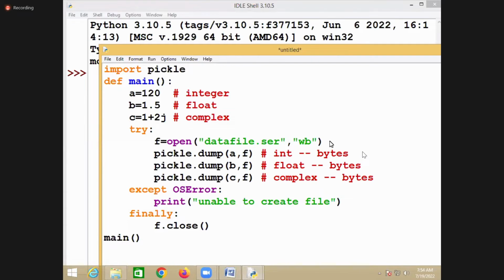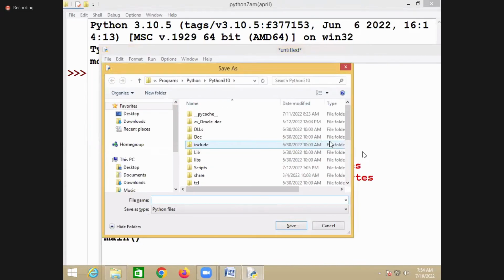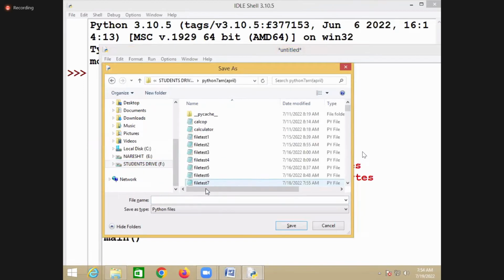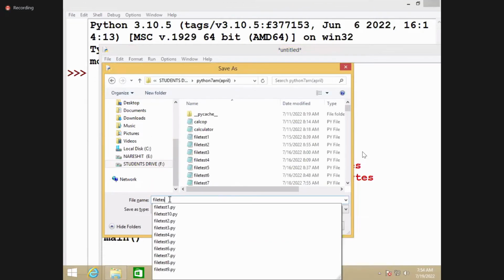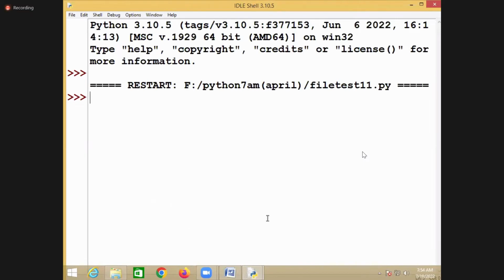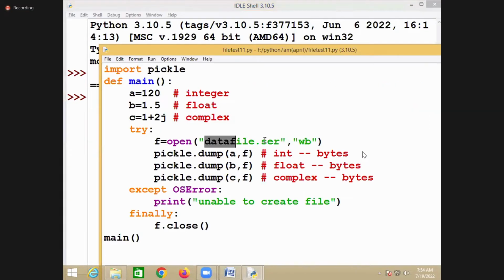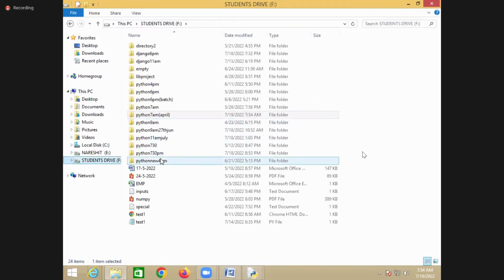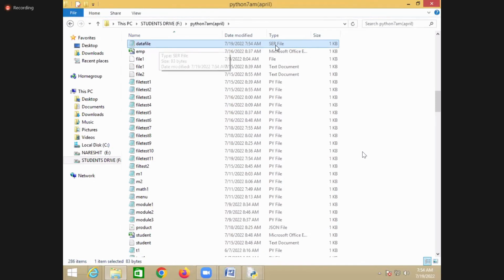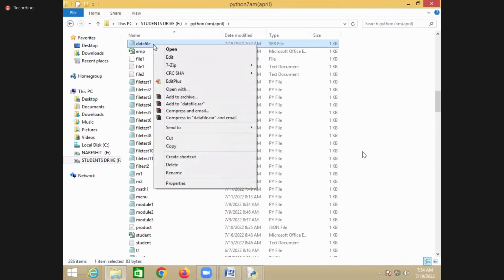Okay, right? Just try to understand this. So resource allocation is there. Now this is how you are trying to write this data. So the file is created. What is the name of the file created? Data file dot SCR. But where is this file created? This file is created in the current working directory. So this is a data file. But what is the extension? SCR. But what will happen if I try to open this file?